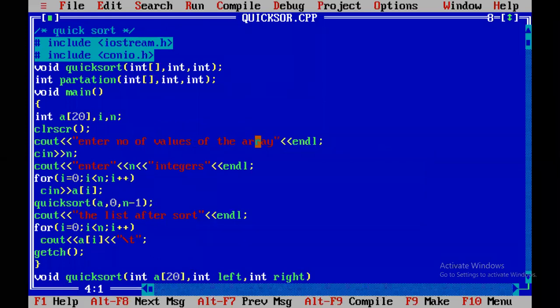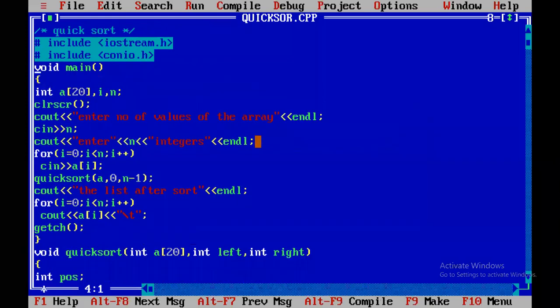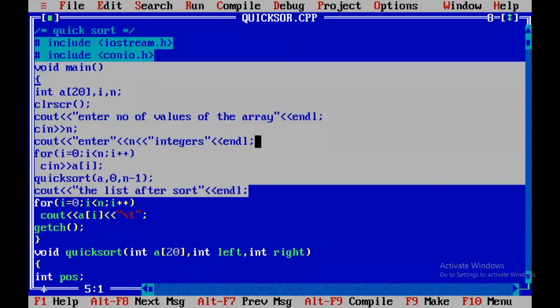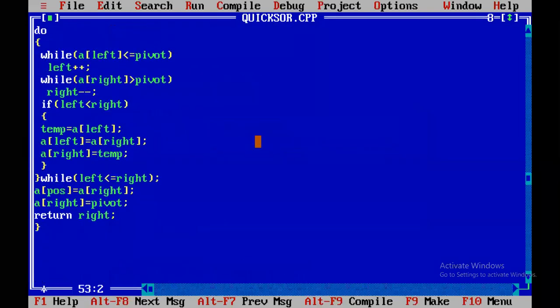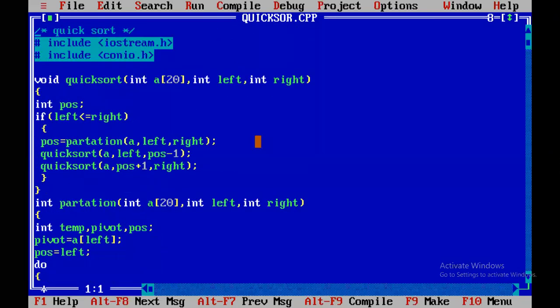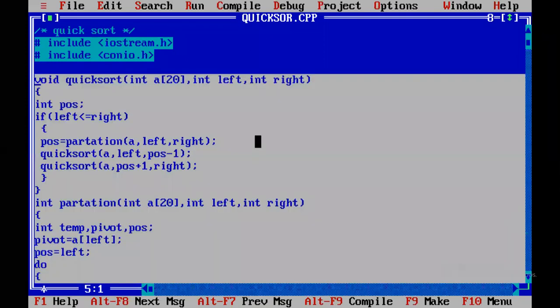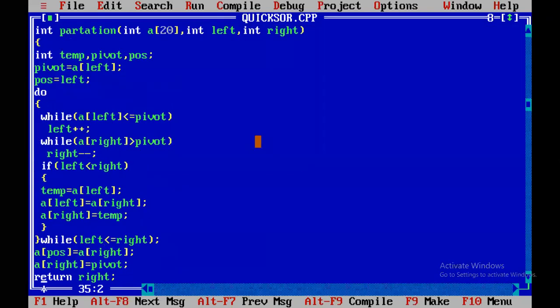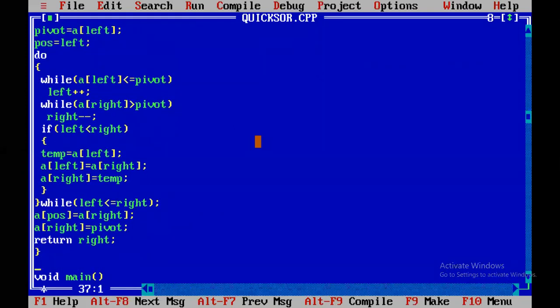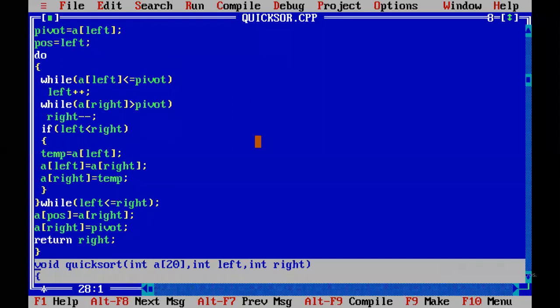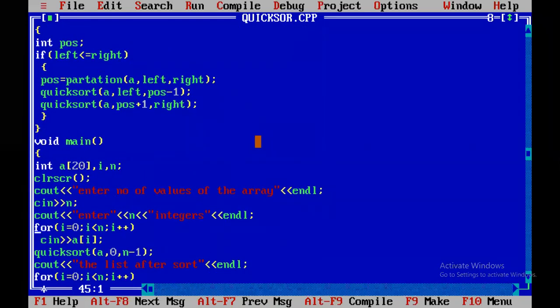If you want to write the program in the bottom up approach, there is no need to write function prototypes. Here, I written it like this.